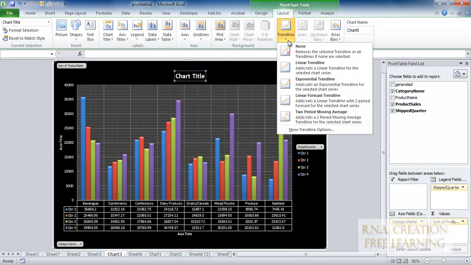And we have seen the trend line. There are many other trend lines here also. You can just go and see. We just went to the forecast trend line, the exponential trend line, linear trend line, and 2-period moving average. And these are all used based upon mathematical principles. Just choose if your organization wants this to appear. You can choose one of them. And that's it